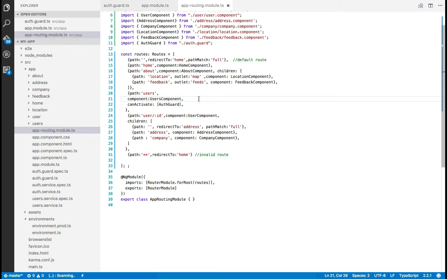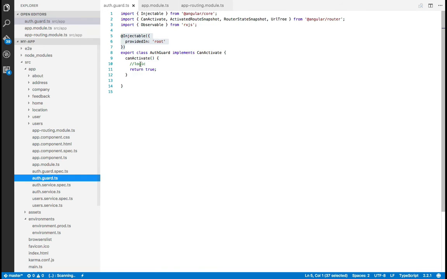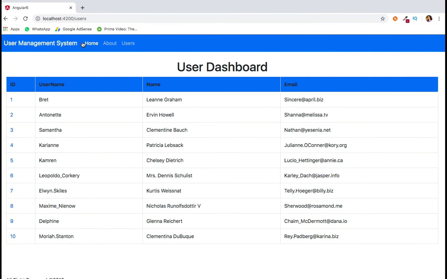So once you have implemented guard on your route, ideally the guard has been implemented. The only thing left is the logic which will decide whether this route should be activated or not. So for now, if you move to your guard file, by default it is returning true. So if you check it on your browser, we can see we are able to visit the user's route.